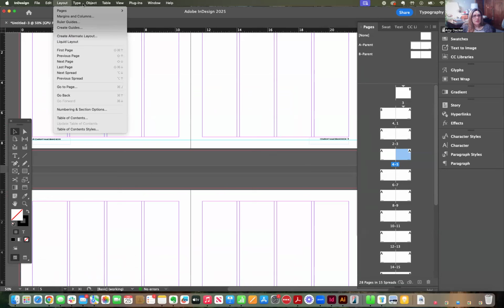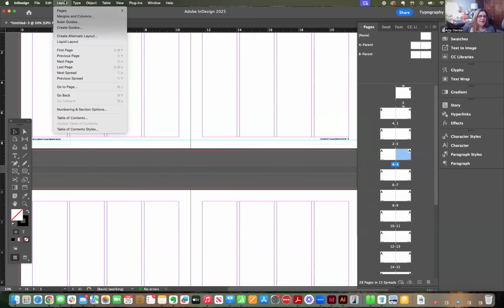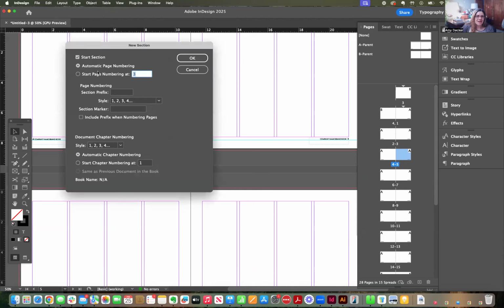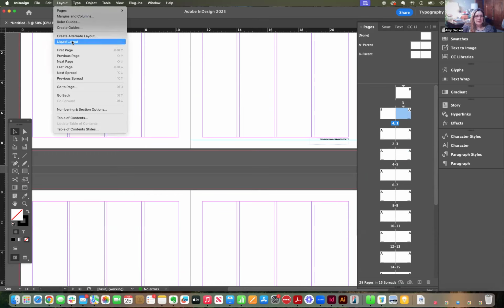Okay. So what we're doing is we're going under Layout. Sorry, Layout, not Type. Layout, Numbering and Section Options. We're saying Start Section. I have to be on page 3, I have to have it selected. Page 3 selected, and go into Layout,